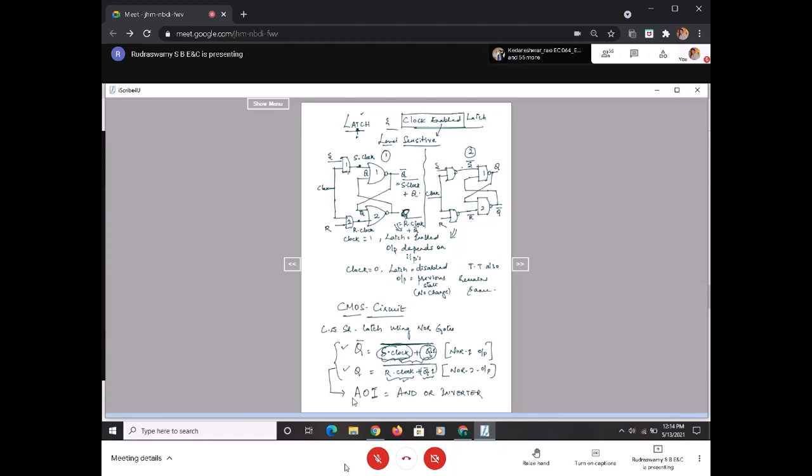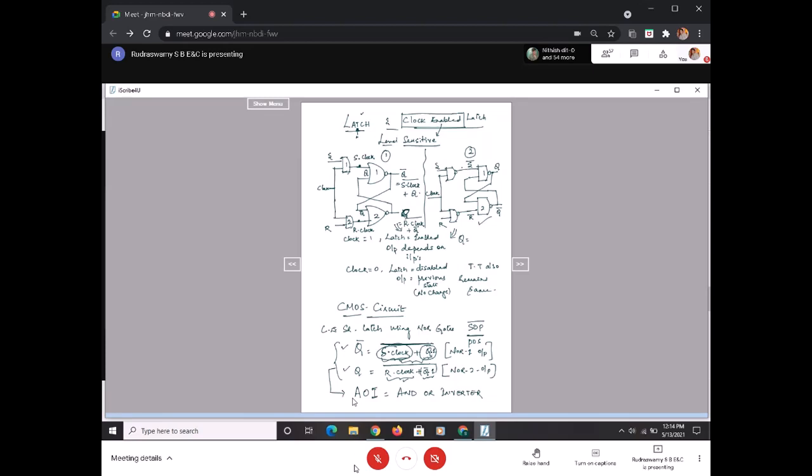So if any of the circuits are there, you can get them in terms of AND OR inverter, or which is the other form? One more form. Yes, this is sum of products complement, AND OR inverter. The other one is product of sums, POS complement, and that is what we get for this particular clock enabled SR latch using NAND gate.